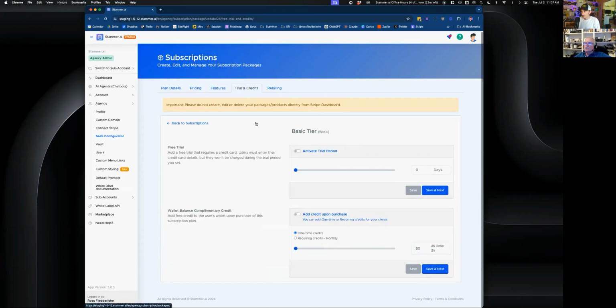Trials and credits. This is a new section, and this is essentially credit card required free trials. And there's also another section, which I'll mention in a few minutes, which allows for non-credit card free trials. But this is something that, if you're familiar with how Stripe works, is how Stripe sets up their free